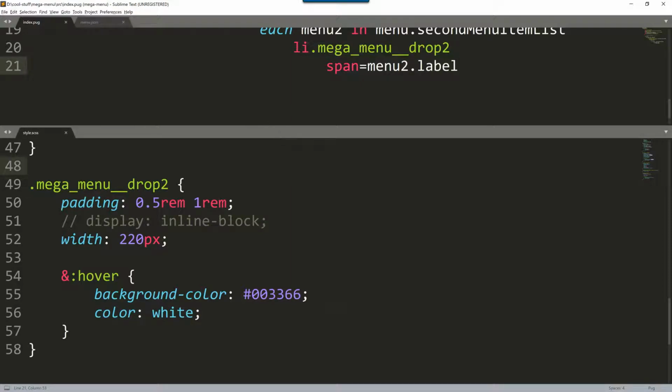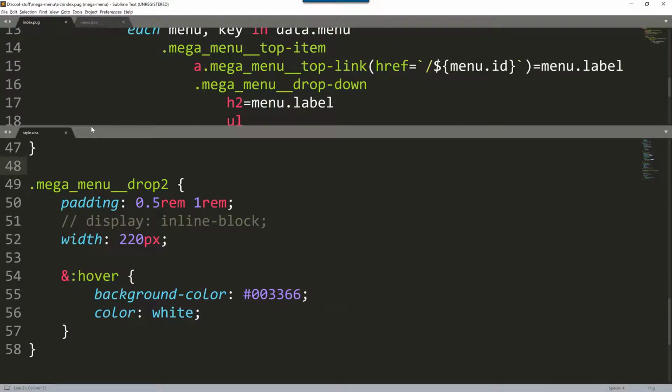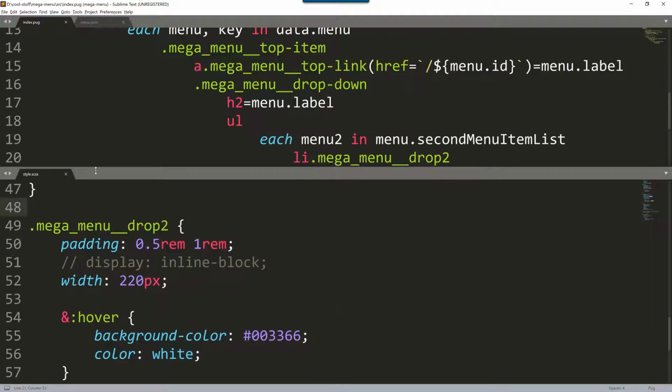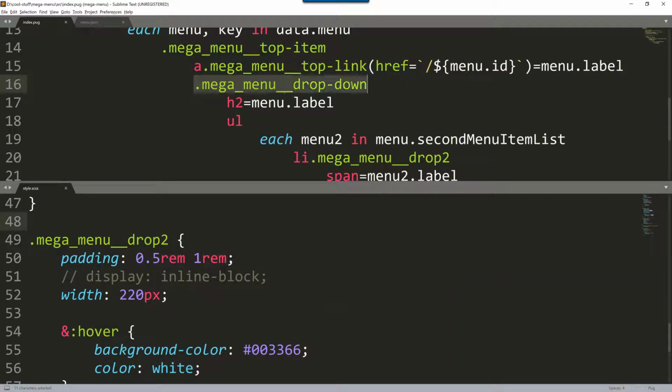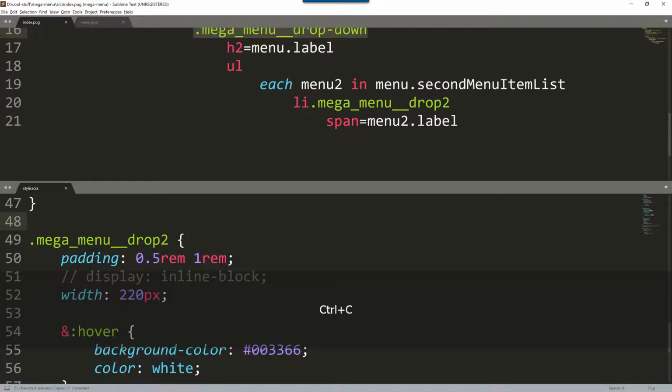Come on. So we did another div here. See this one. And now I see drop 2, which would be the drop down 2. Anyway, we want this one